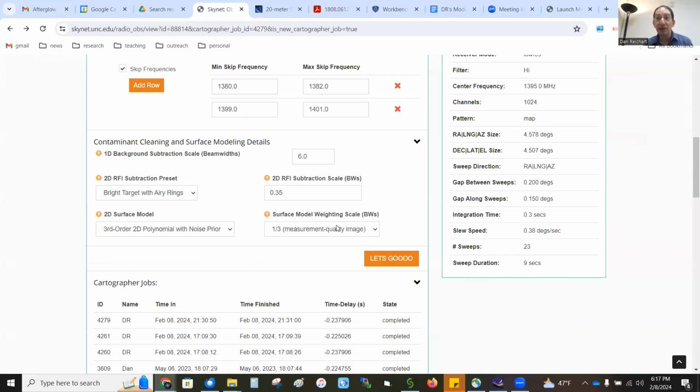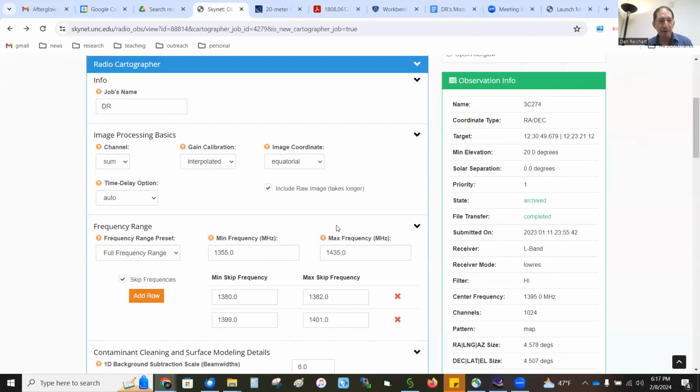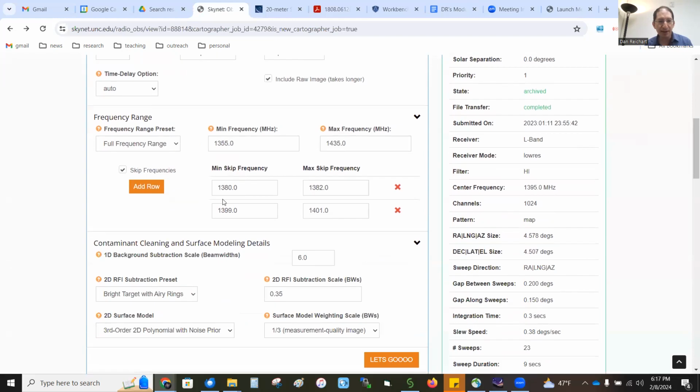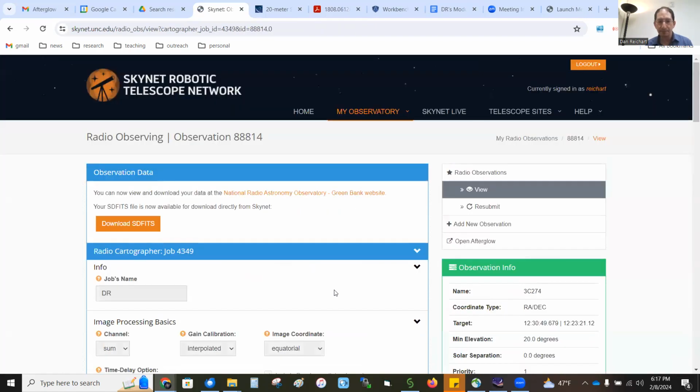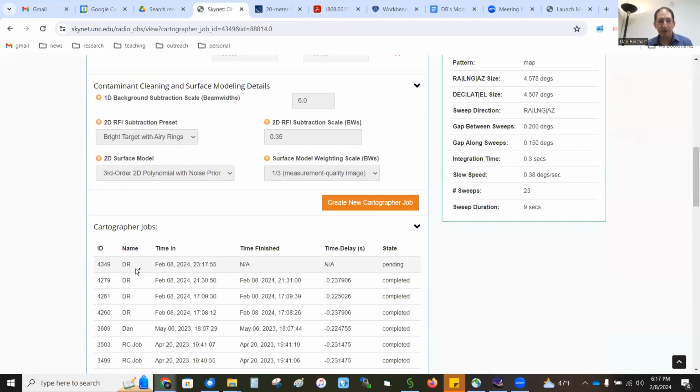So we have an image that looks like an optical sensor, a two-dimensional grid of pixels. Okay, so everything is set up. I'm just checking, right target, measurement quality. So press the Let's Go button. And so the job is pending. It should only take about 10, 15 seconds, but I'll use this opportunity to explain why that's the Let's Go